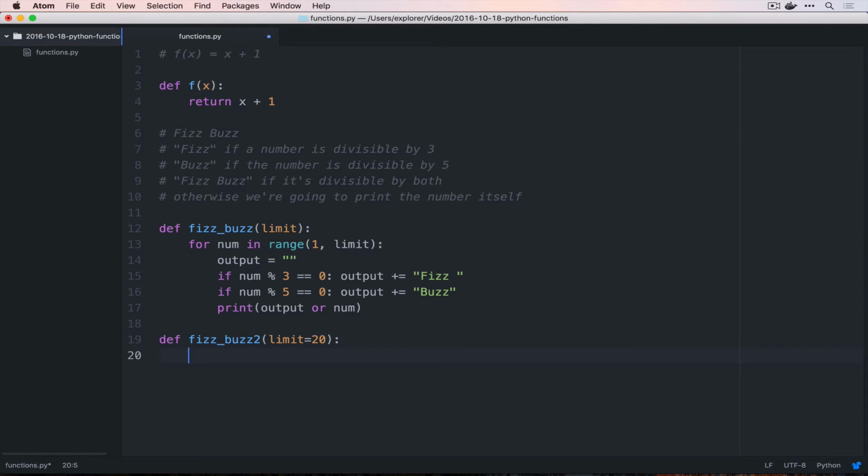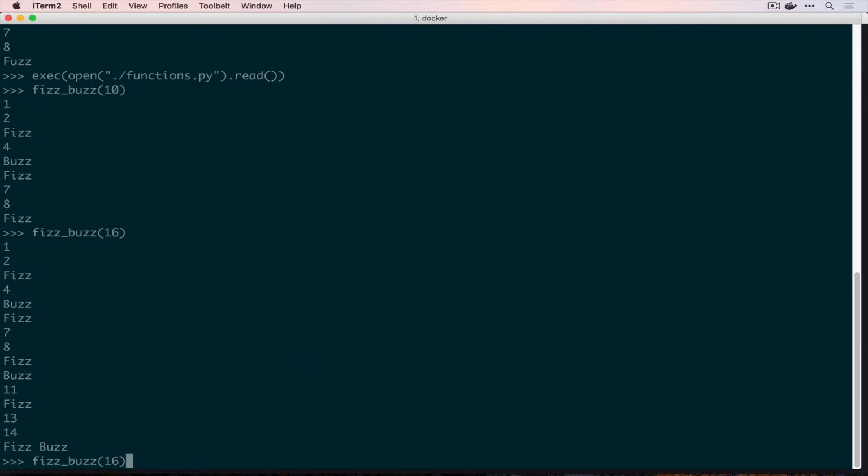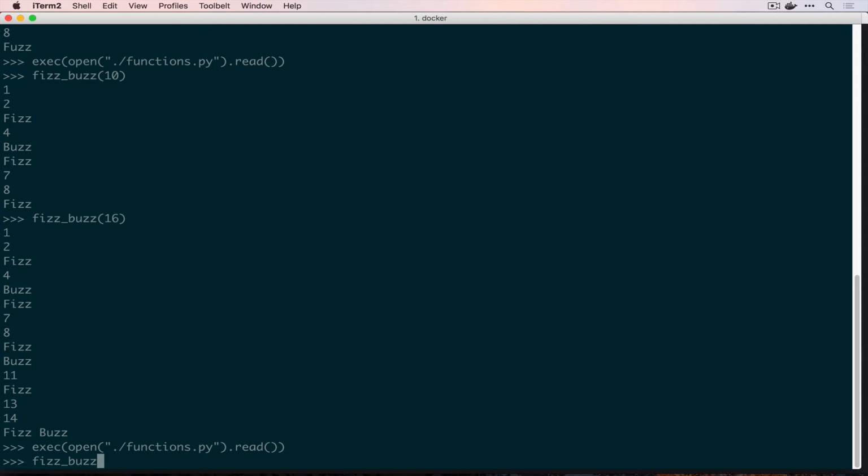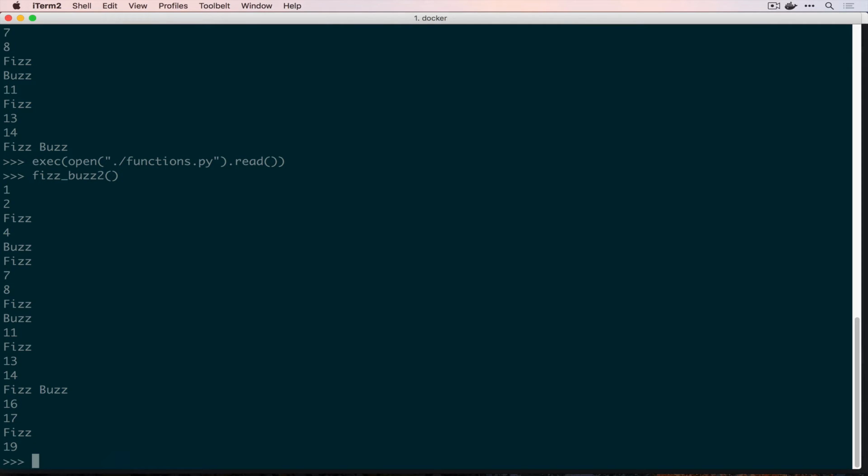So what we're actually going to do here is just call the original fizzbuzz from inside of here and just pass limit in. So let's save that and come up and reload and run fizzbuzz2. And we're going to run it without any arguments at all. And it goes and does everything up to 20, so it hits a 19. And that's